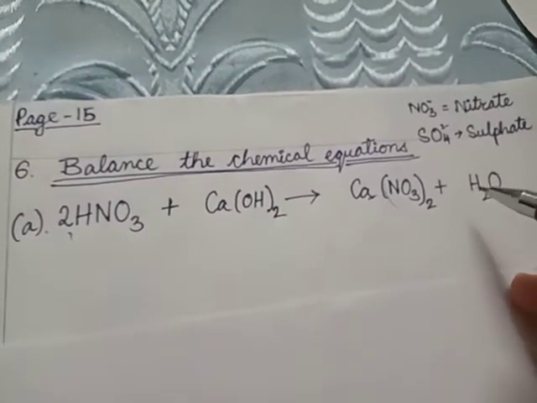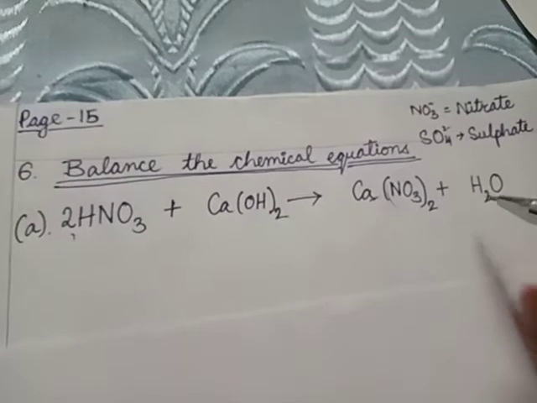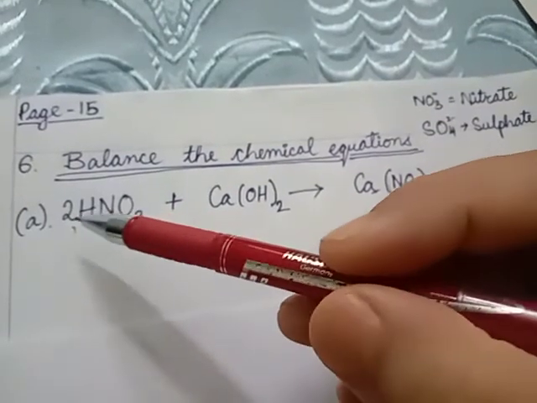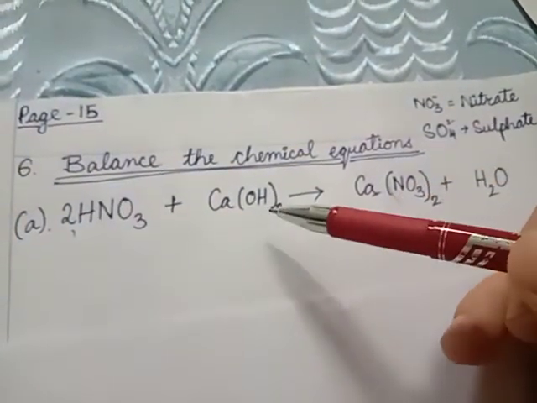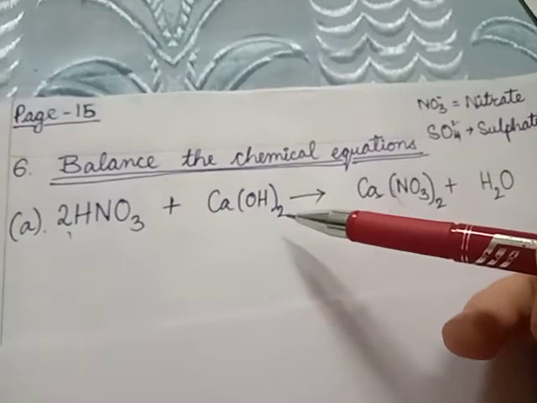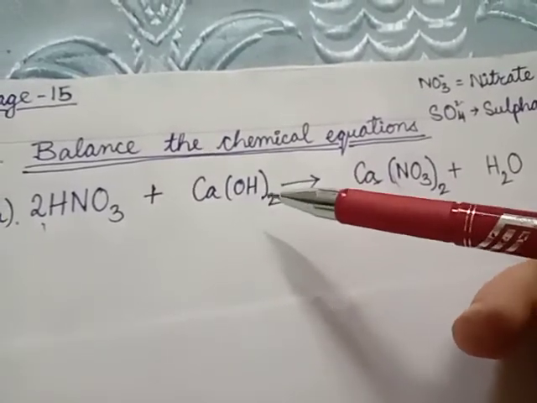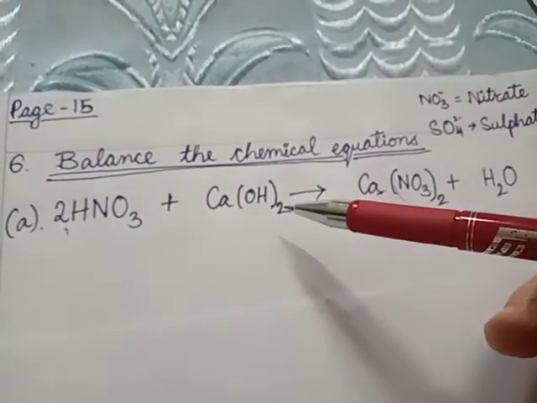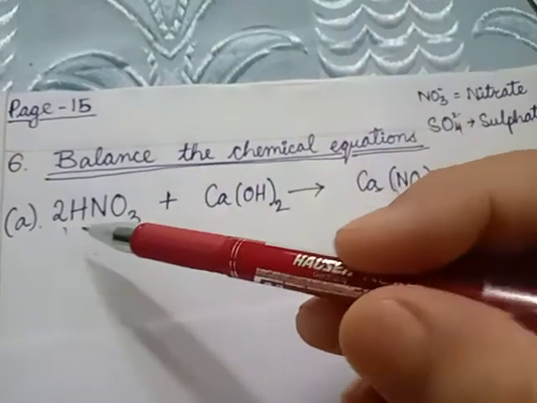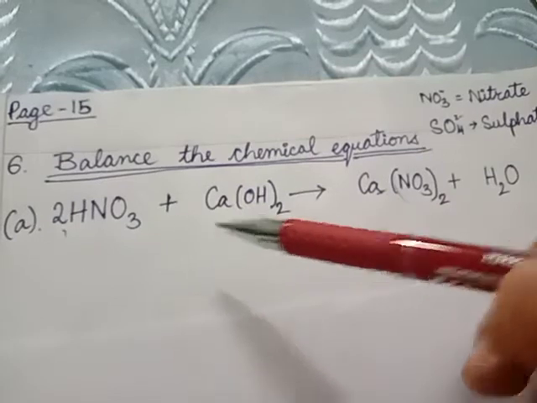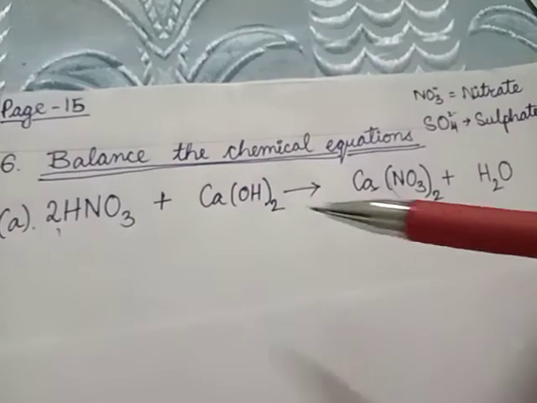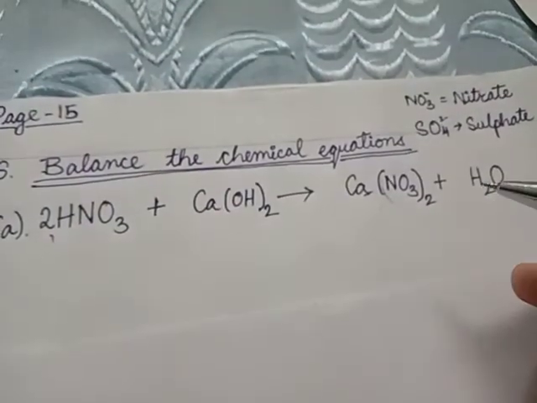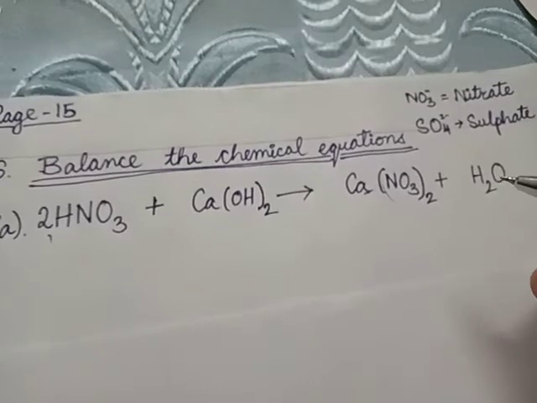So you see on the product side there are only 2 hydrogen atoms. But on the reactant side, how many hydrogen atoms are there? See, in this compound there is 1 atom of hydrogen, and in this compound there is OH twice, no? So this applies for all the atoms inside the bracket, so there are 2 atoms of hydrogen. So on the reactant side the total number of hydrogen atoms is 4. But here only 2 of them are there. So to make 4 on the product side also, we have to put a number.